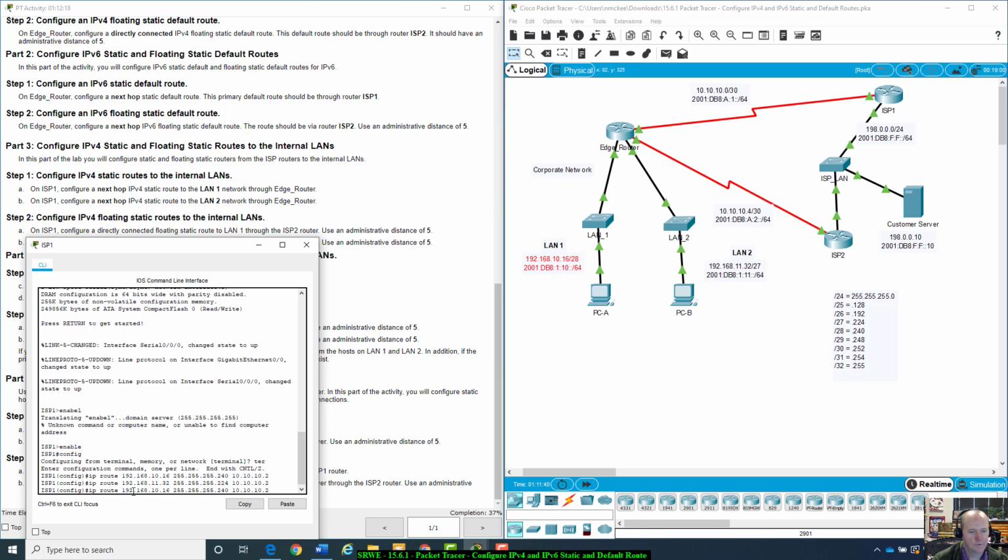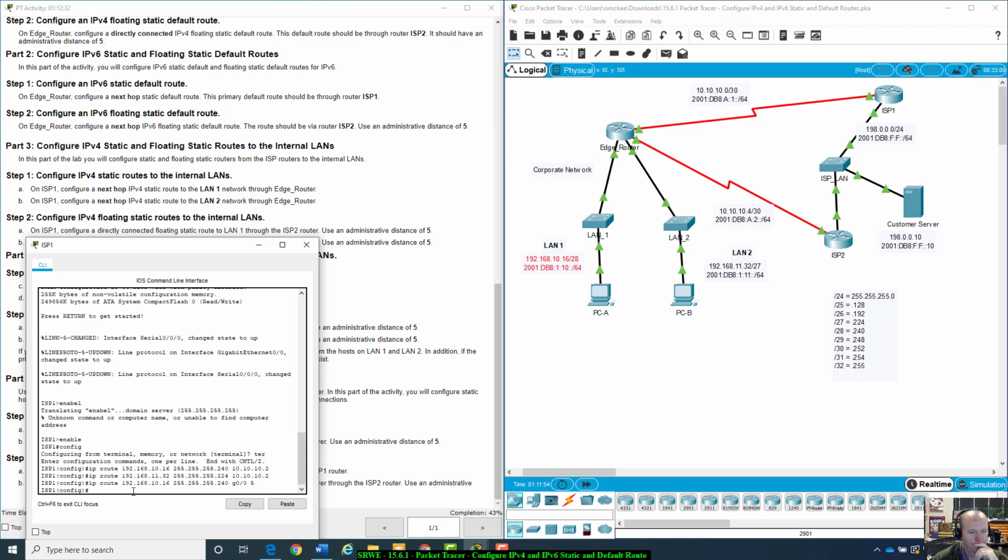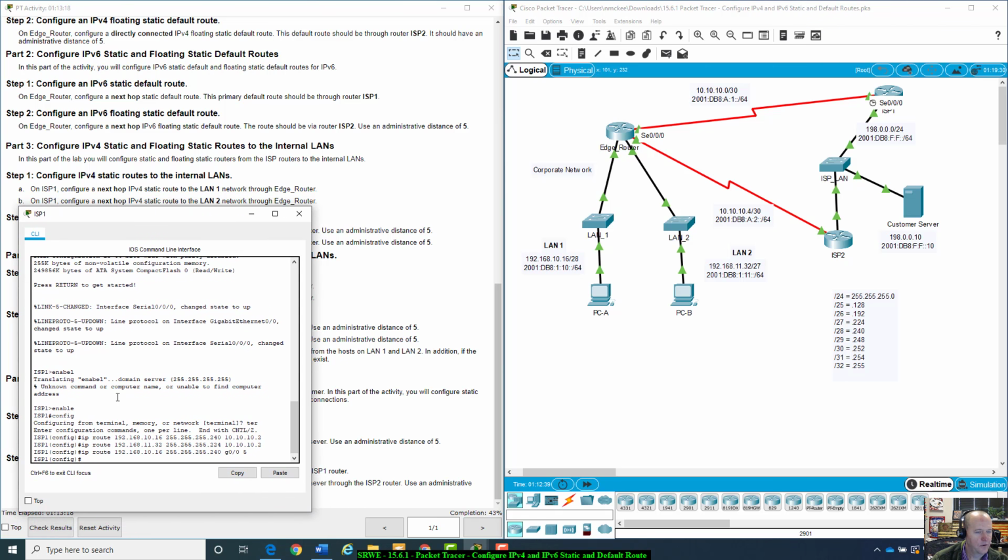But the only thing different we're going to do is a 0/0, the 5. Yep. That looks right, yep. Alright, so that's done. Alright, so on ISP1, configure the next hop IP version 4 static route to LAN